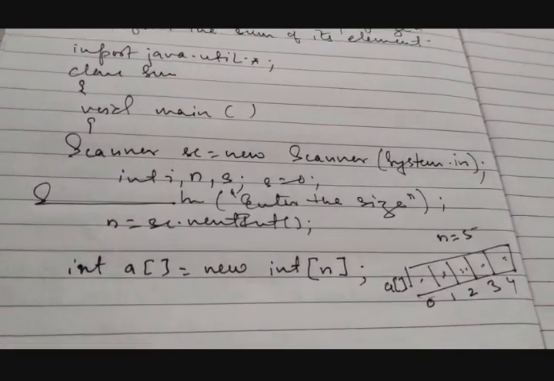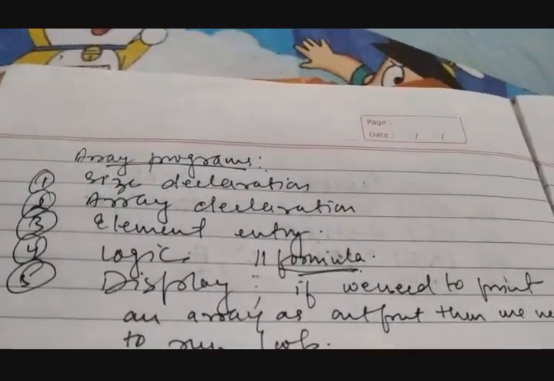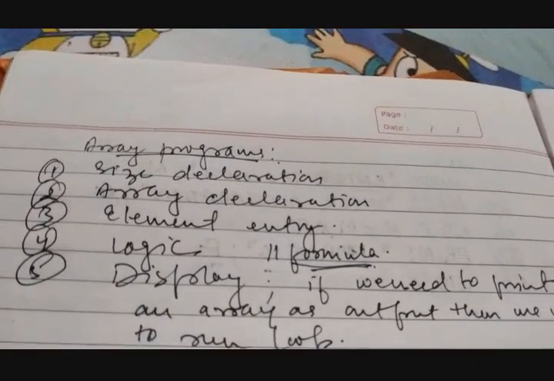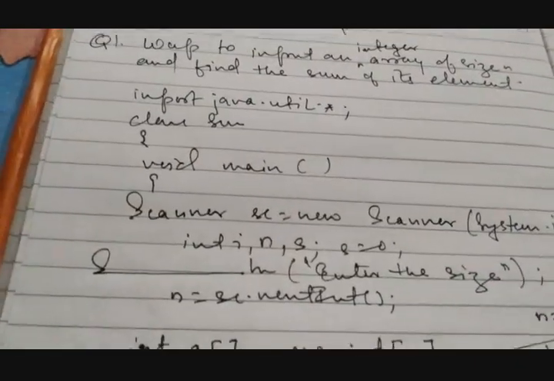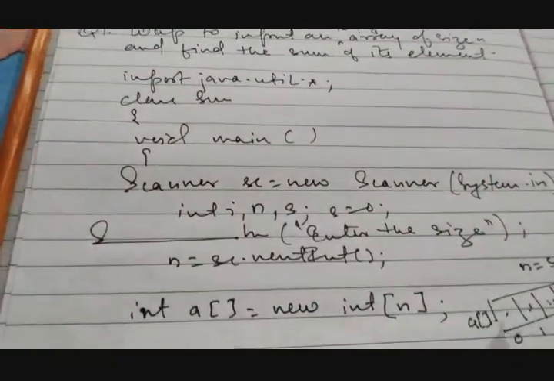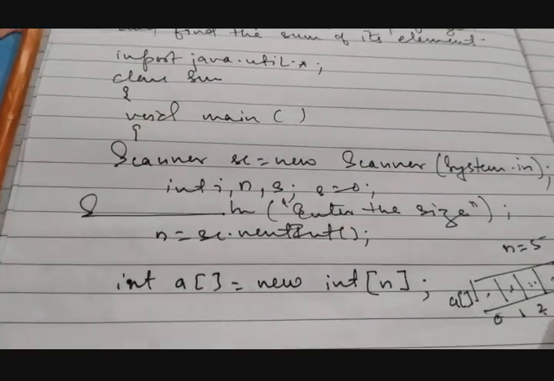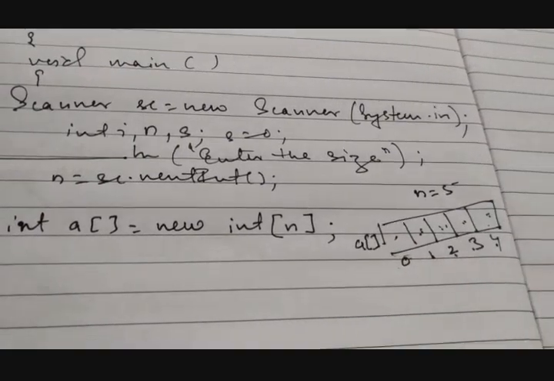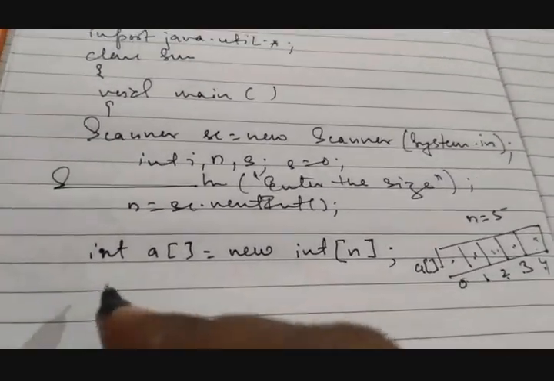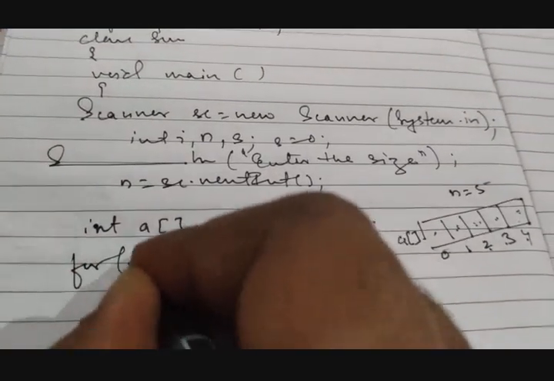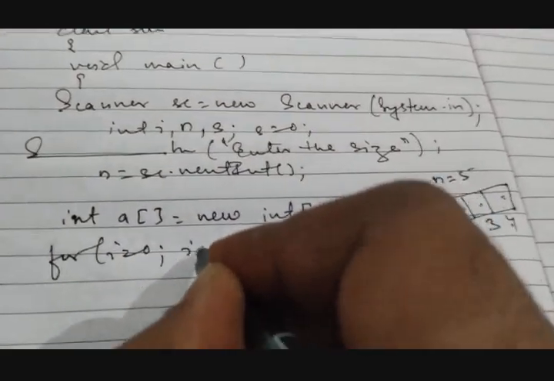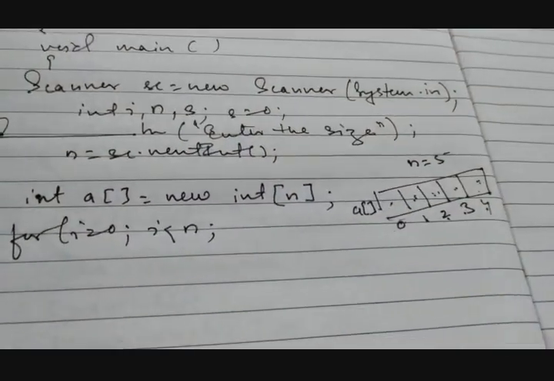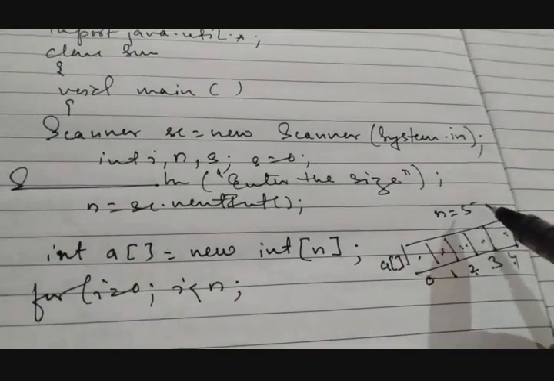Is it or not? So to fill up the elements, we need to follow our third step. What is the third step? Element entry. So for element entry, we should be able to access the indexes. If we are able to call the index, then only the element is going to be filled. So to call the index, we must run a loop for i equals to 0, i less than n, not